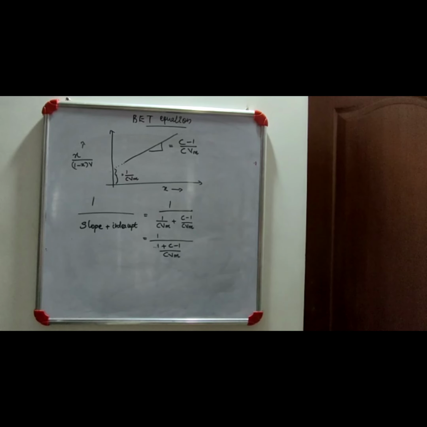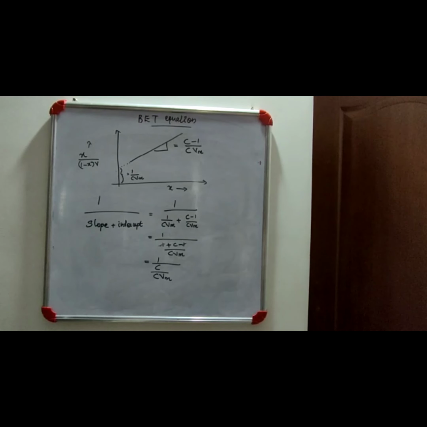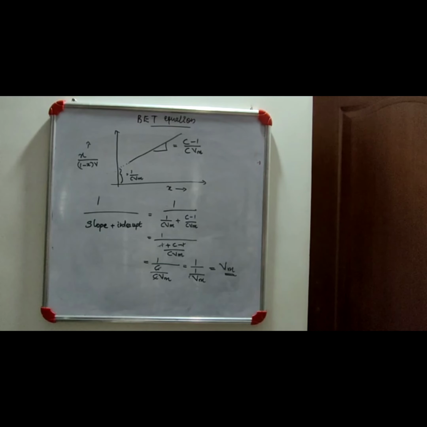Now just do the equation 1 by slope plus intercept. So which is equal to 1 by slope means 1 by C minus 1 by CVm, intercept is 1 by CVm, and this can be reduced to 1 by C by CVm. We can cancel C and we will get 1 by slope plus intercept equal to Vm, and from this Vm